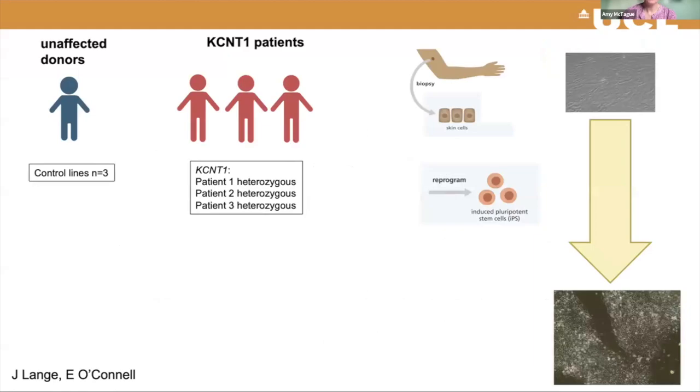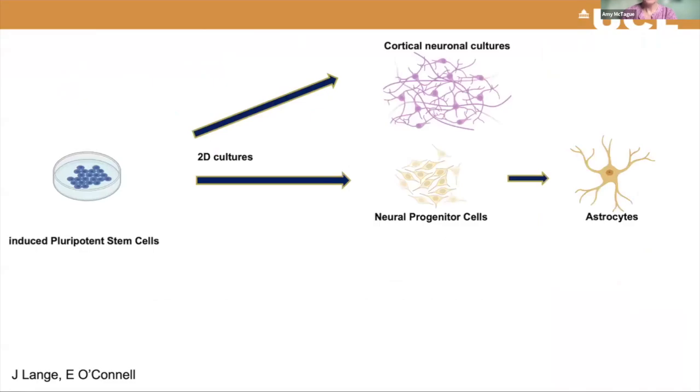So in our project, what we've been doing is taking cells from patients with KCNT1 related epilepsy. There are 3 patients, all of whom had the migrating focal seizures phenotype. We took skin cells and turned those into pluripotent stem cells, and we've also got 3 control lines that we've been working on. We've made a number of different model systems from the patient stem cells, and these include